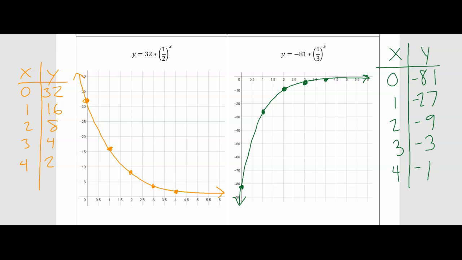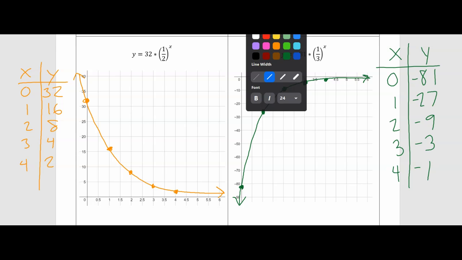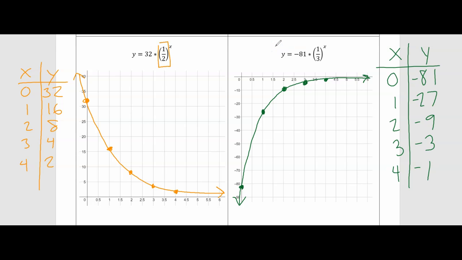All right, so you'll notice that for the orange, our function's actually decreasing here. And that's because our constant ratio is a fraction. So if I'm multiplying by 1/2 each time, well, that's going to make my y values decrease in this case, because I started off with positive 32, and if I multiply by 1/2, my y values are going to get closer and closer to 0, because I'm cutting them in half every time. For green,